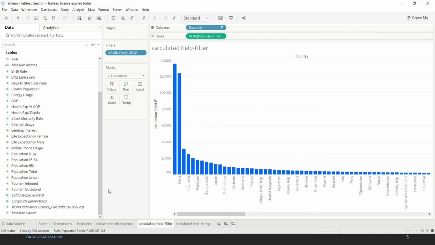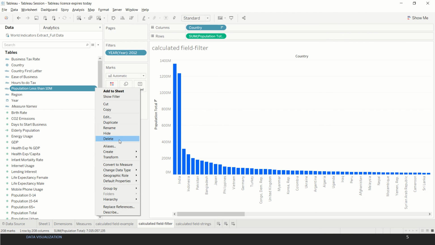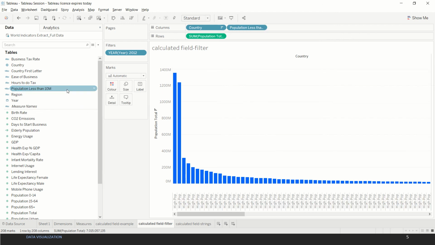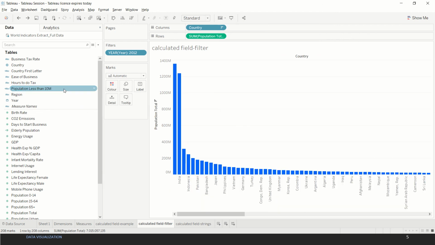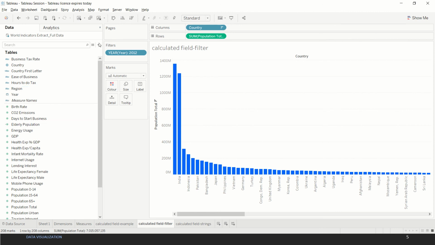Now the other field that we need to create is population less than 10 million. I'm just getting rid of this field and then adding it again for demonstration purposes.